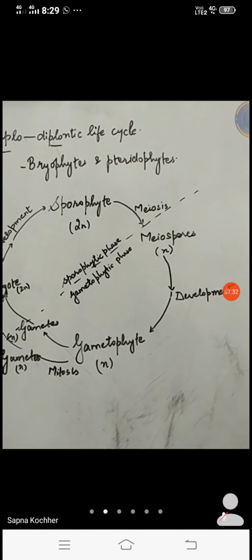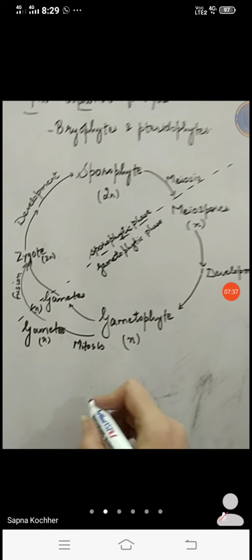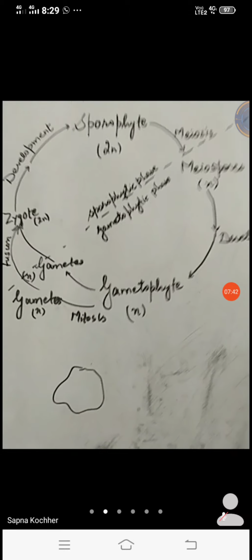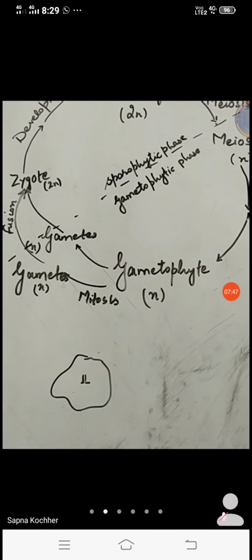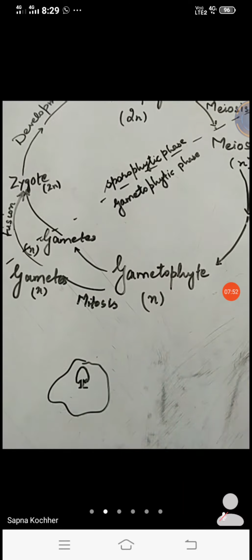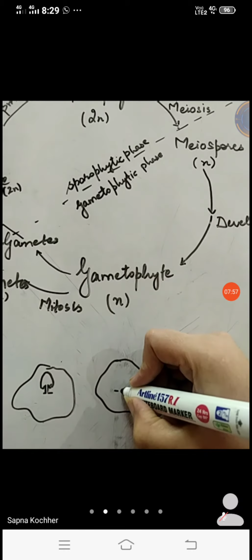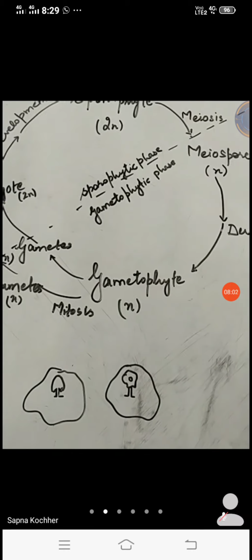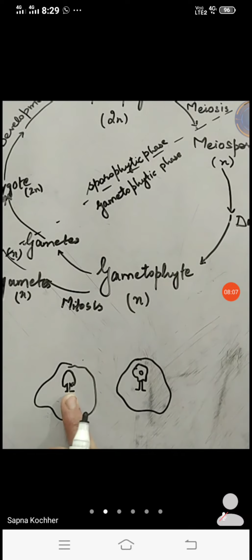I take the example of Marchantia, in which the sporophytic plant body is different from the gametophytic plant body. We have seen that Marchantia is a bryophyte, and it has a thalloid plant body. We have also seen that the male and the female reproductive organs are borne over a stalk. If it is an inverted umbrella-like structure, this is the female, that is the archegoniophore. If it is the male, it has a stalk-like structure with an expanded disc over it, which produces the male gametes. So the male and the female reproductive organs are different.